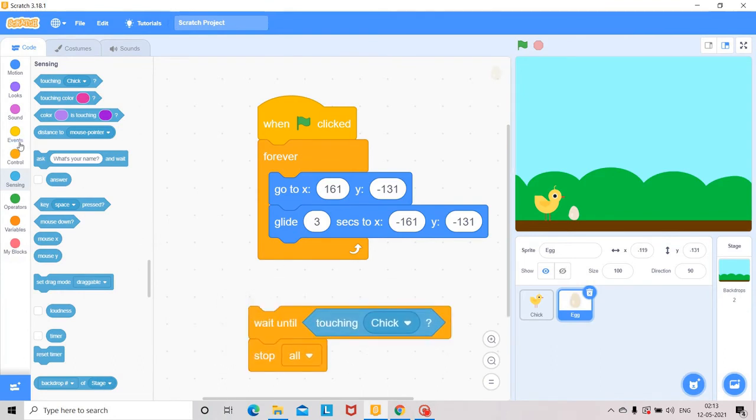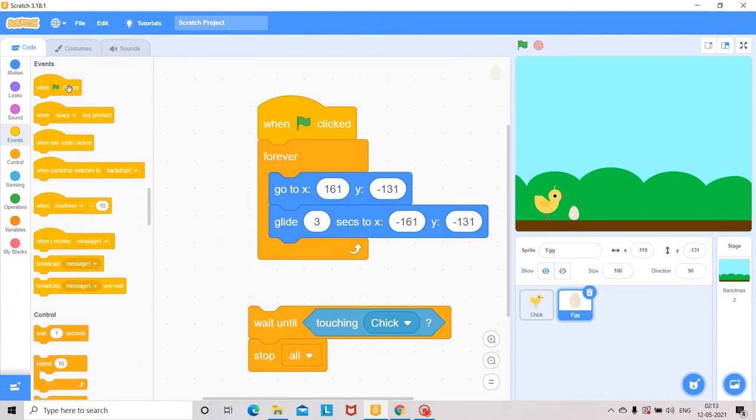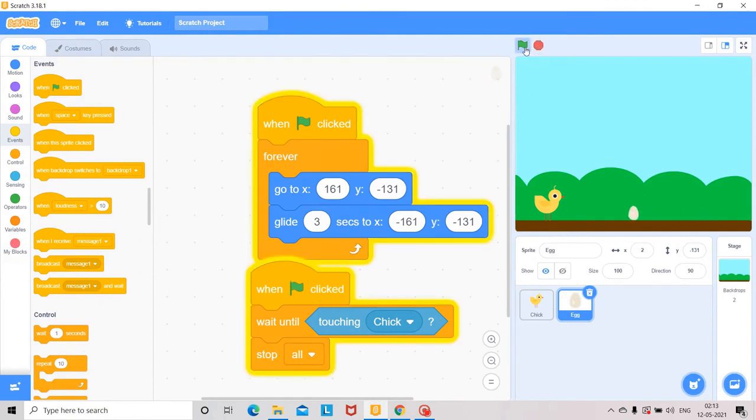When event, you take flag clicked. Okay, let us see now.